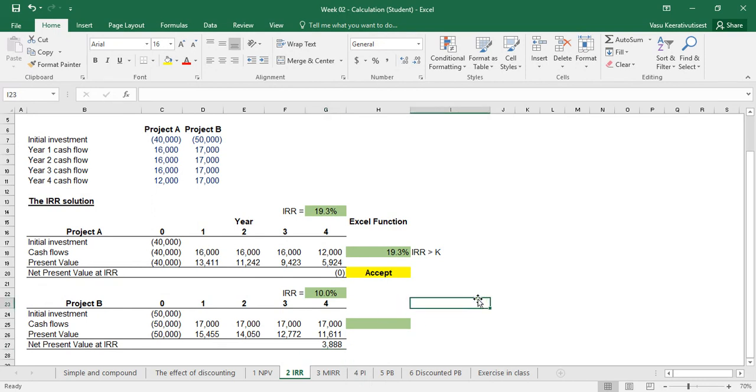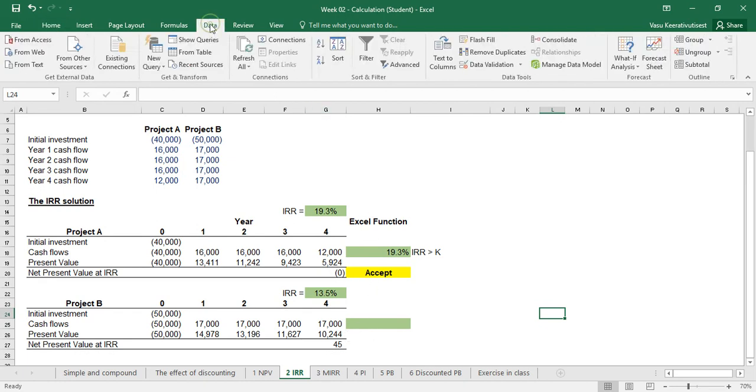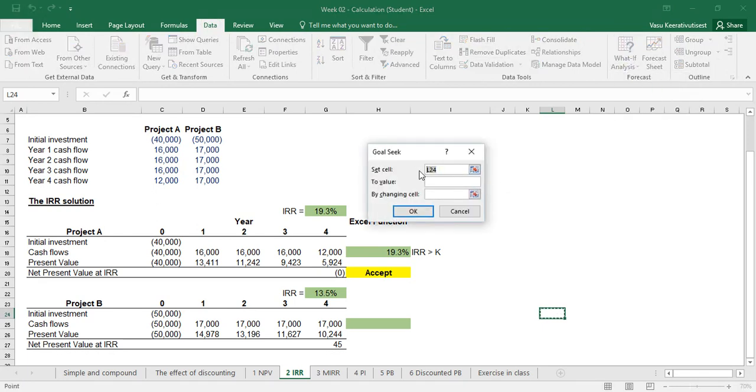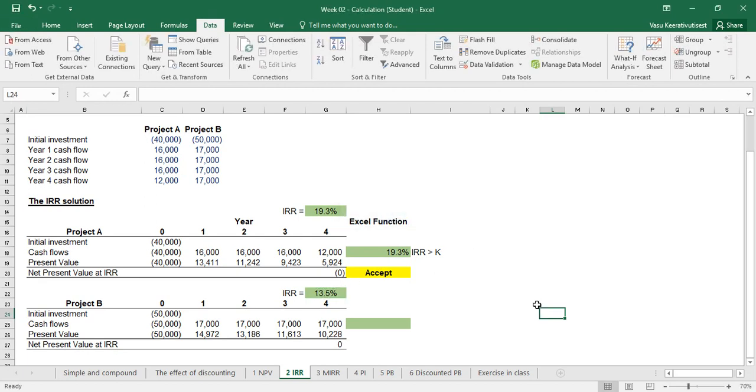So you see, right now this discount rate doesn't bring this one to zero. I try 12%, 14%, it becomes minus 13.5%. Very nice. Okay, so let's use the Excel function to help us on this. I click on Data, I click on What-If Analysis, and I click on Goal Seek. Okay, IRR means that we need to set this one to zero by changing this IRR cell, and you click OK. You see, so right now IRR is around